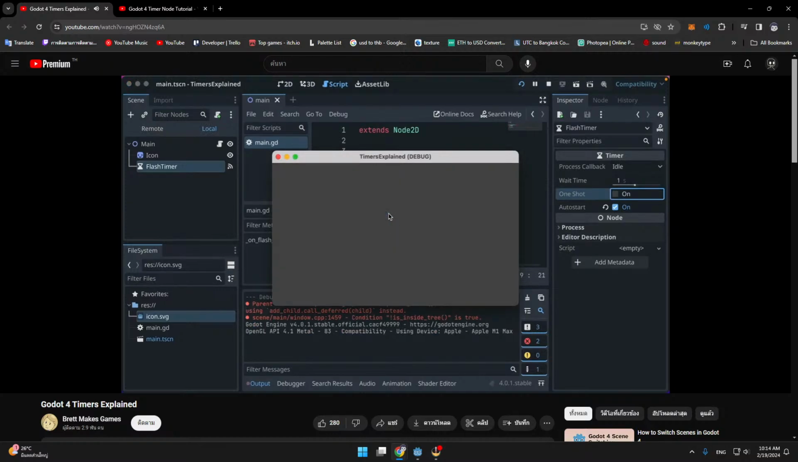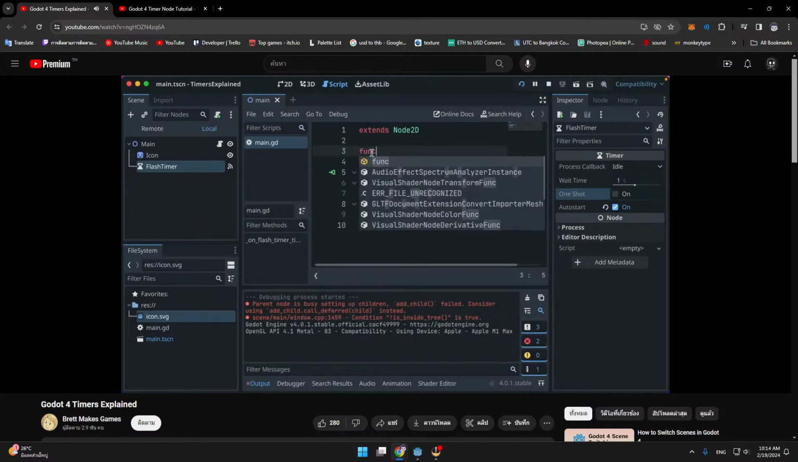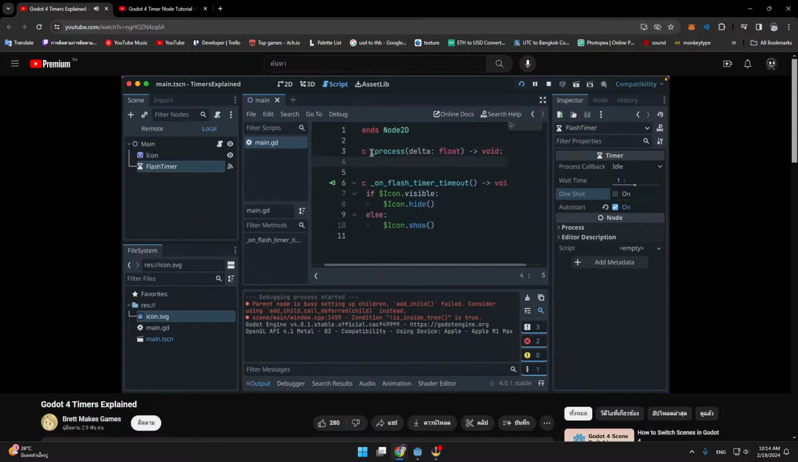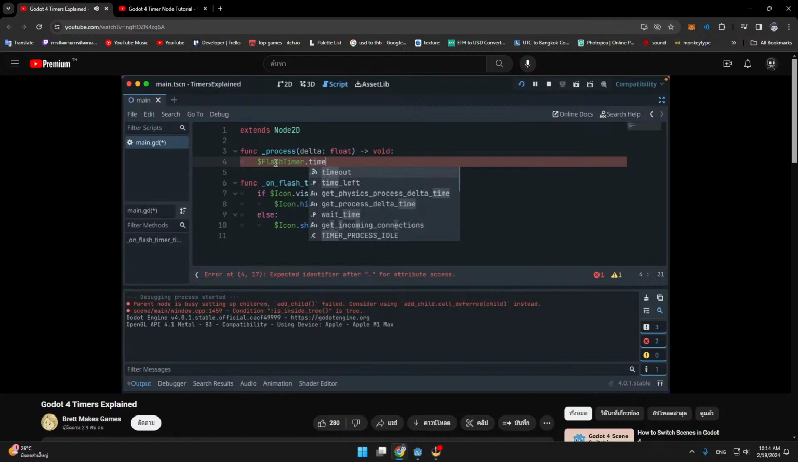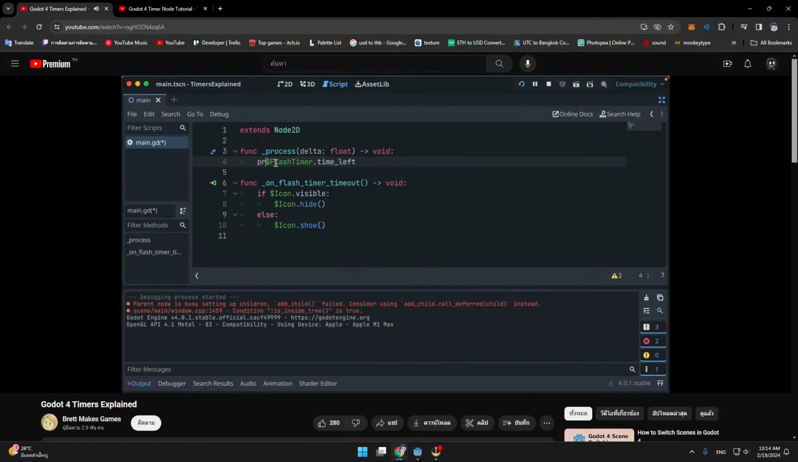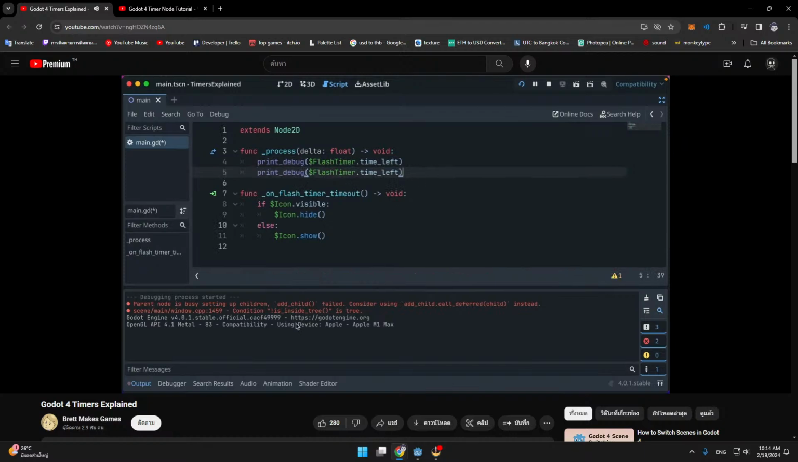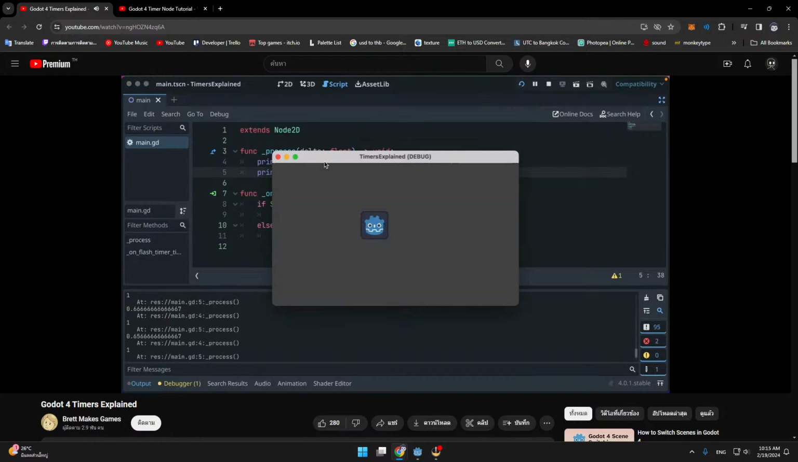Let's now do a couple of other things. In our process callback, let's go ahead and see what our flash timer's properties are. There is a time left property, so we'll print debug that. Print debug's just an easy way to put output down below while you're exploring things, checking them out. There are other ways to go about debugging, but for screencasts and these purposes, it gives us a good